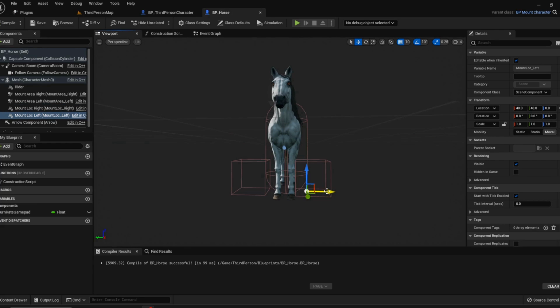On the left mount location, change the rotation of the Z-axis 180 degrees, otherwise the character will turn the wrong